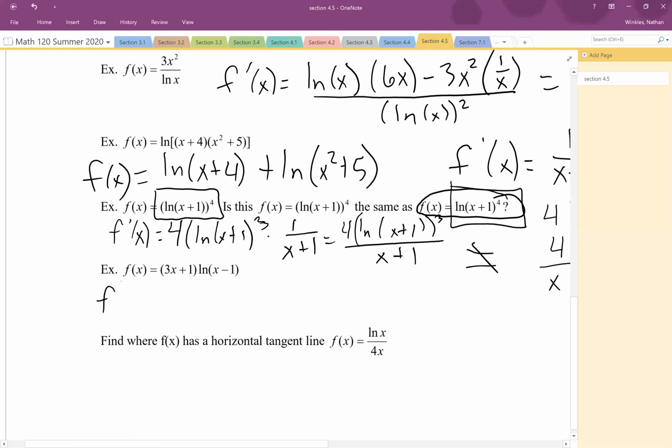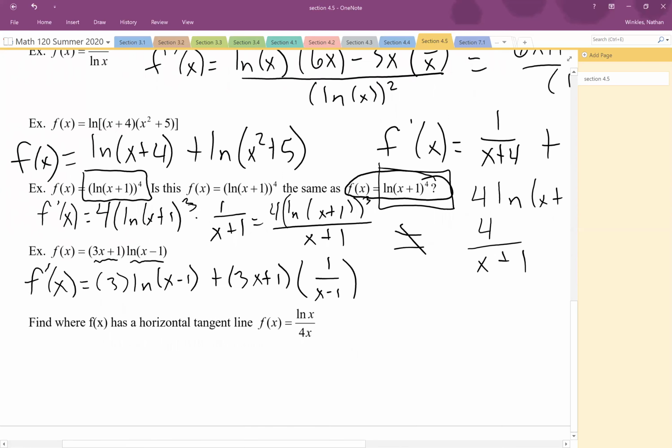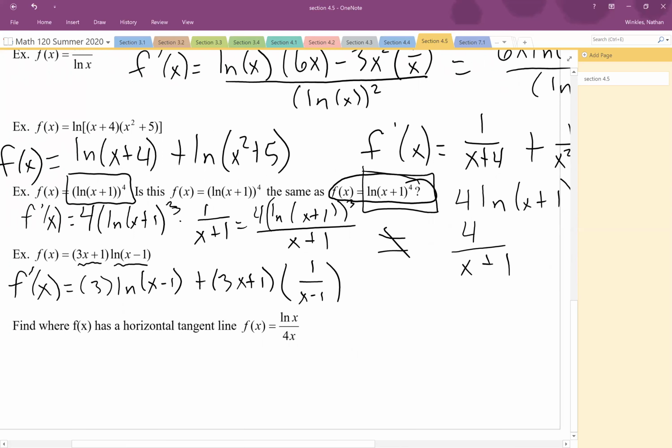So for this derivative, f prime of x, this is for the function 3x plus 1 times ln x minus 1. It's a product rule, product of the first and the second. So the derivative of the first one is 3 times the original of the second one, plus the original of the first one, times the derivative of the second one, which is 1 over x minus 1. If we wanted to get a common denominator here, we could,